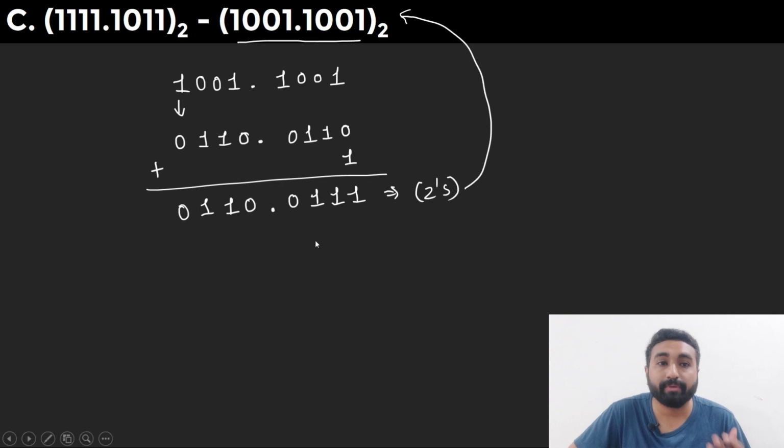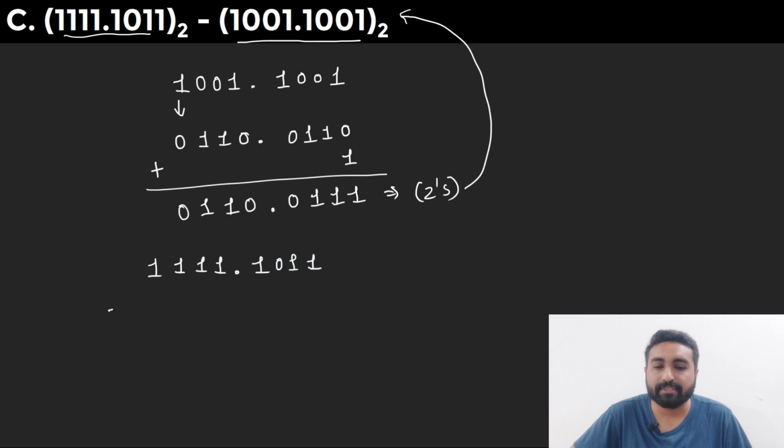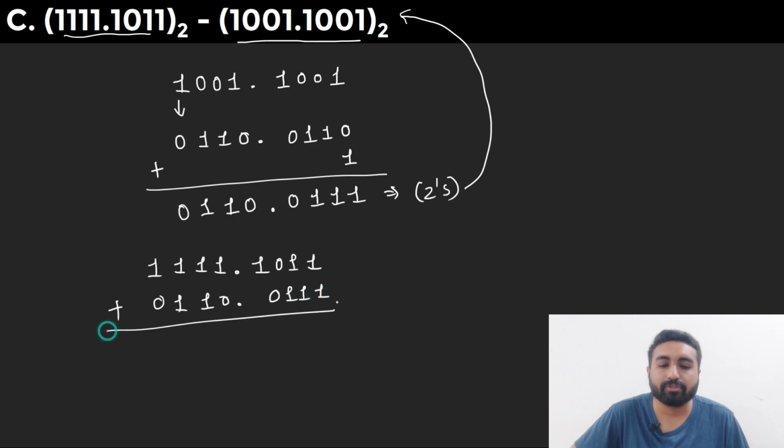Now this 2's complement we will have to add with this number. So here I will write down the number. The number is 1111.1011. With this I will add the number, that is 0110.0111. Okay, so when we do the addition, 1 plus 1 is 0, carry will be 1, 1 plus 1 plus 1 answer will be 1, carry will be 1, 1 plus 0 plus 1 answer will be 0, carry will be 1,